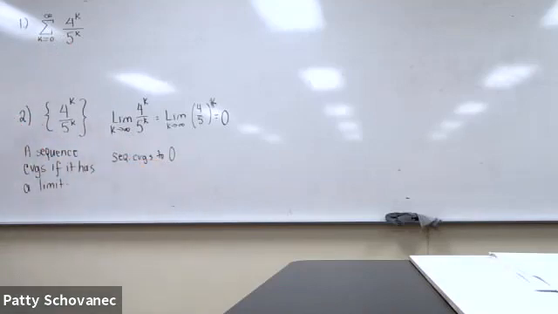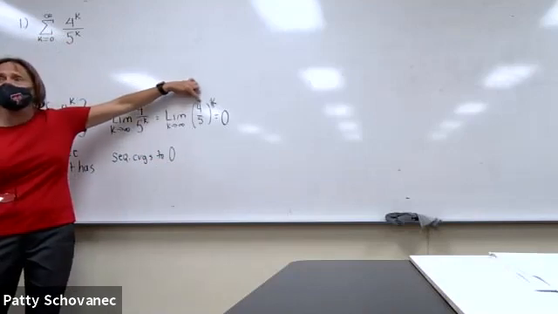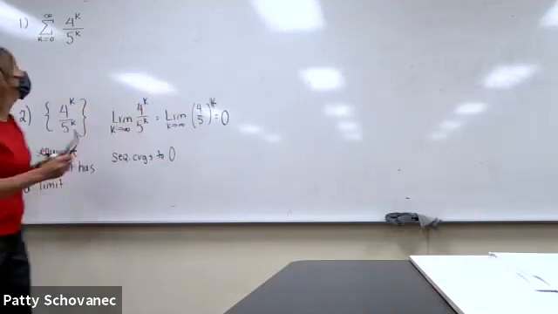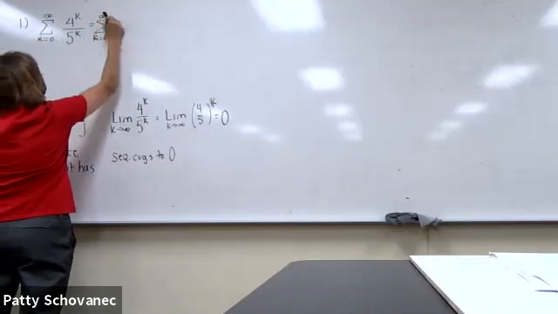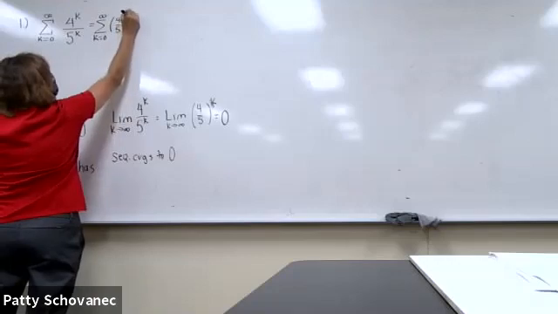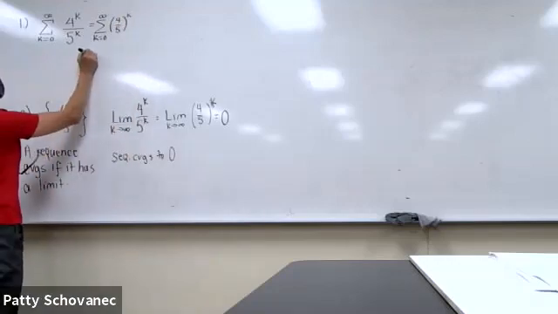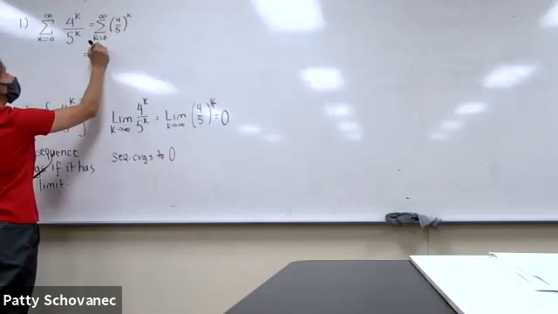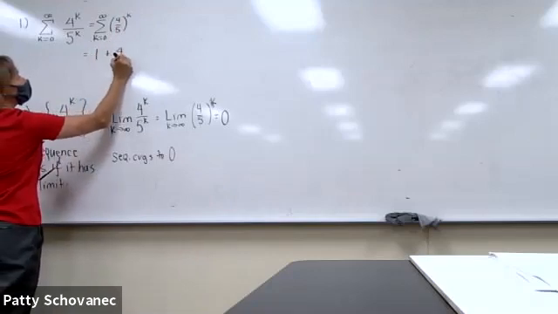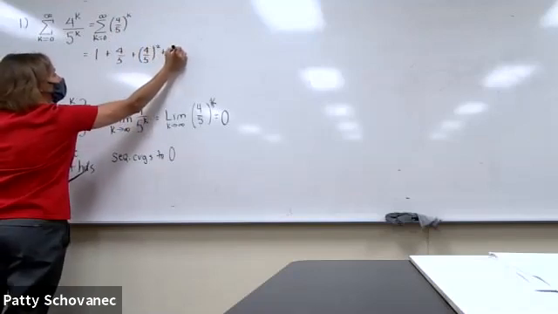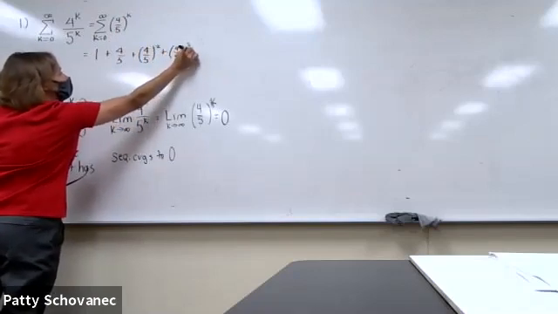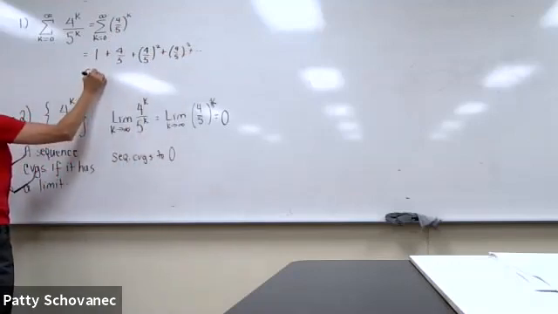And like I said, if you want to find the sum, that's a clue that this is a geometric series. Another clue is that I could write it like that: a constant raised to the k power. And so if I write out the first few terms, 4/5 to the 0 is 1. Then I have 4/5 to the 1, 4/5 squared, 4/5 cubed, and so on. So it's a geometric series